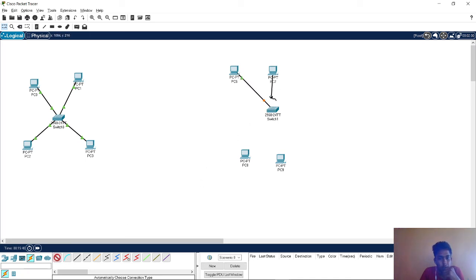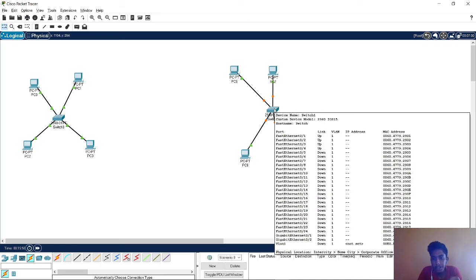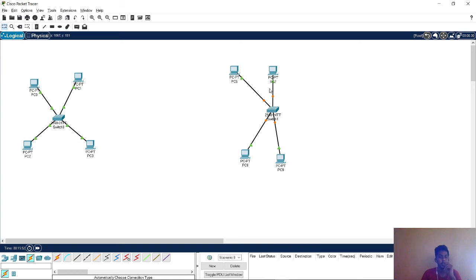Next, we are going to assign this pin. Now let us see here. The pin numbers allotted are 1 2 3 4, that is 6 7 8 9. Now let us arrange them properly.